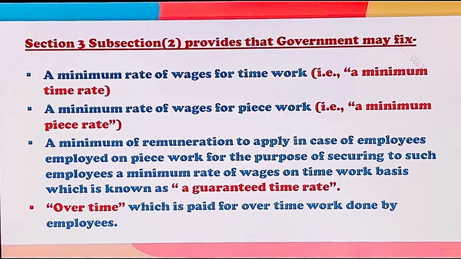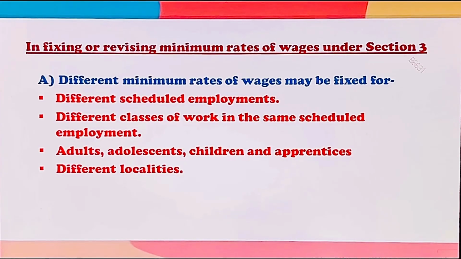and it is known as minimum time rate, a minimum rate of wages for piecework and it is known as a minimum piece rate. और एम्प्लॉयज जो पीस वर्क के बेसिस पर एम्प्लॉयड हैं तो उनको भी मिनिमम रिम्यूनरेशन मिले ऑन टाइम वर्क बेसिस गवर्नमेंट ये एश्योर करती है तो गवर्नमेंट ने उनके लिए गारंटीड टाइम रेट फिक्स किया है। ओवर टाइम विच इज पेड फॉर ओवर टाइम वर्क डन बाय एम्प्लॉयज। In fixing or revising minimum rates of wages